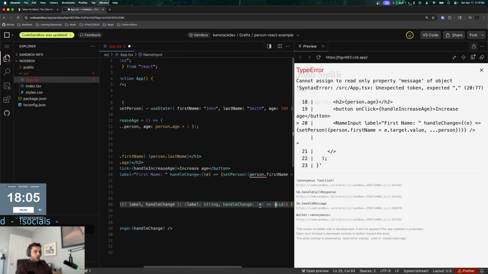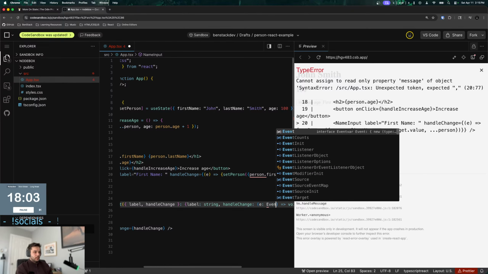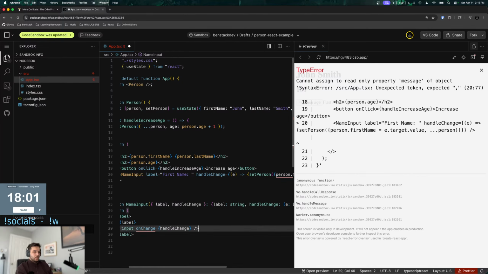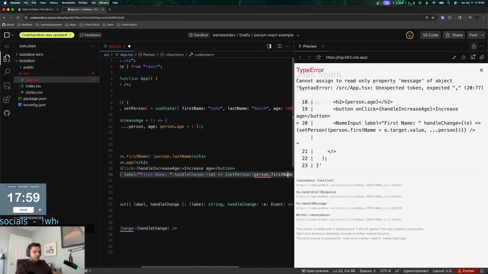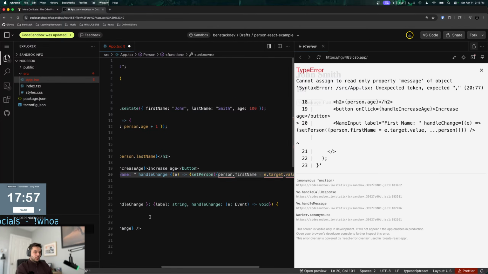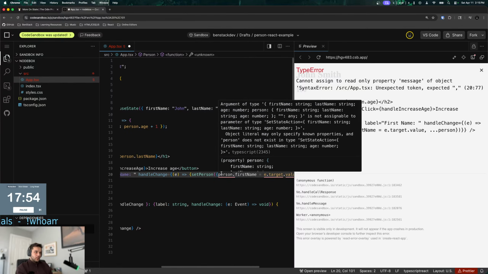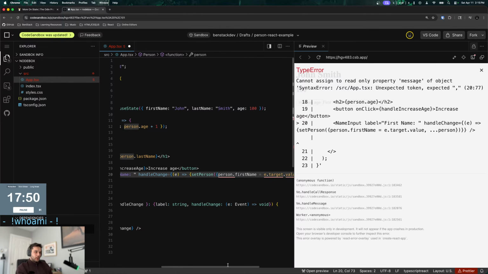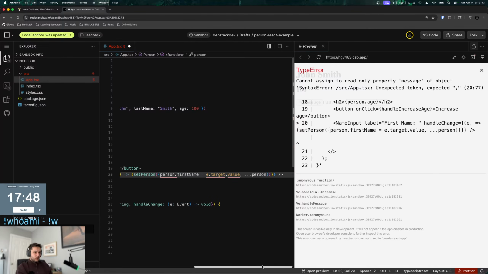Now it just doesn't know, oh, this is, and then this is an event. Oh, it's probably because this spread is not working well. I wonder, do I do the spread first then?